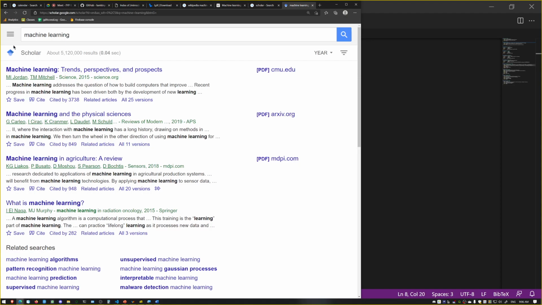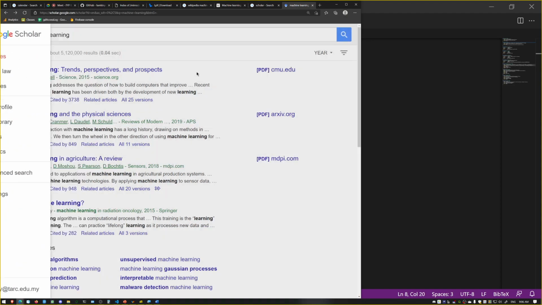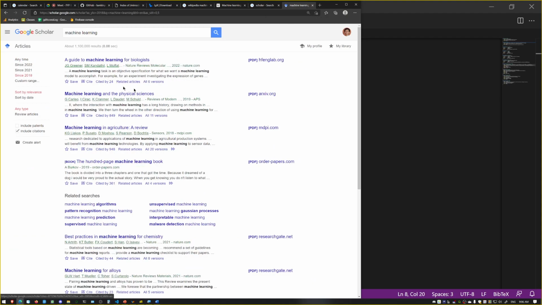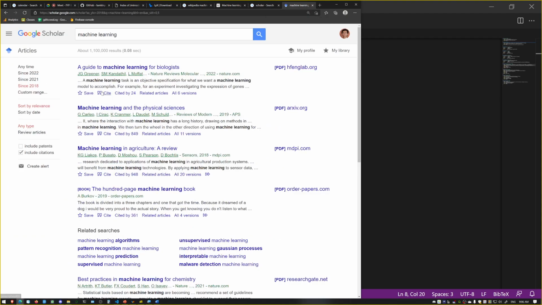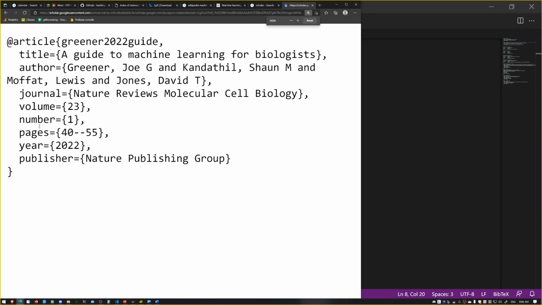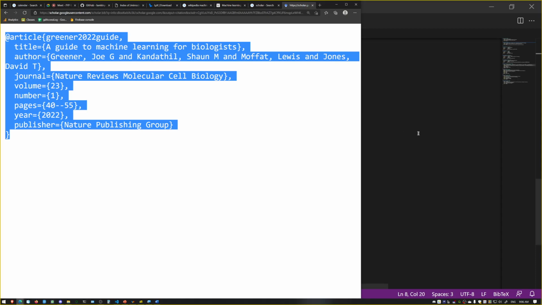Okay, let's say I want to find the machine learning articles, recent 5 years ones, and then I just want to cite this one. I click on cite, and then you go to this BibTeX, right? Click on this BibTeX. So you have this one. So you just copy,